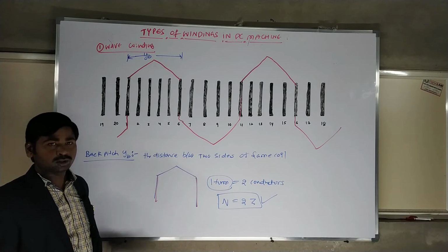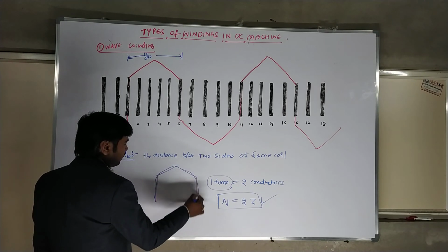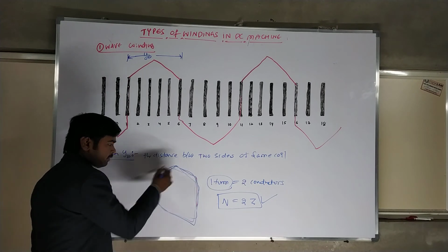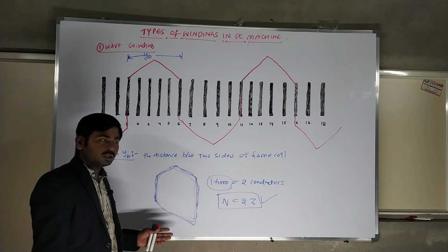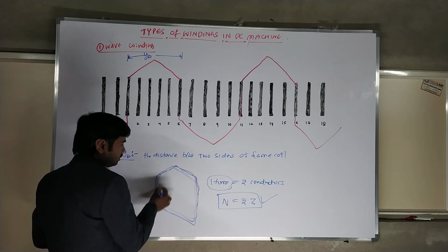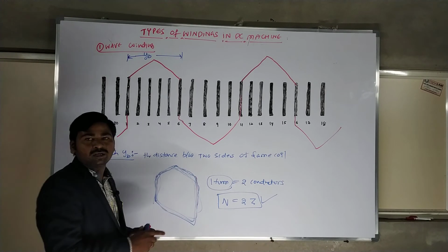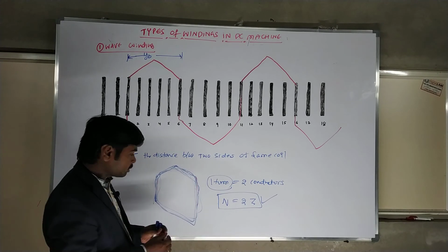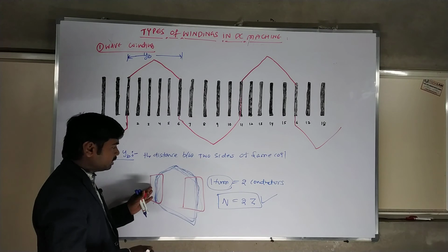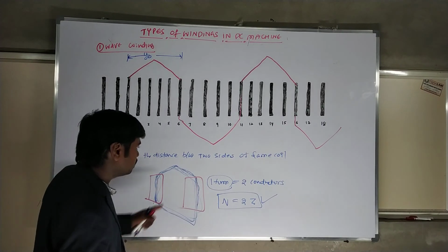Am I clear? Next, the coil. The coil is nothing but this arrangement. Example, a winding will go like this, and like this. This complete setup we can call a coil. A coil is a combination of a number of turns. The first turn is over, then the second turn, the third turn, and like this you can keep going. This complete bunch comes under a coil. Next, this is one coil side, and this is also one coil side. Two coil sides complete one coil. It's very clear. So turn and conductor are very clear.